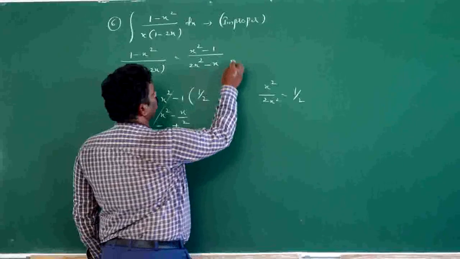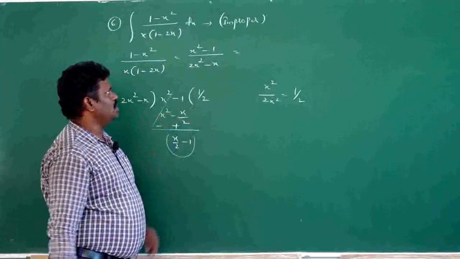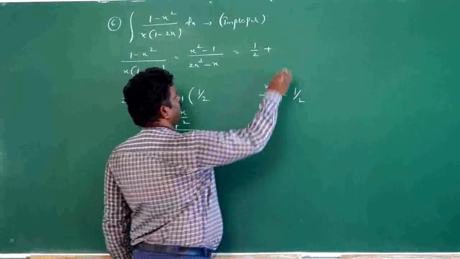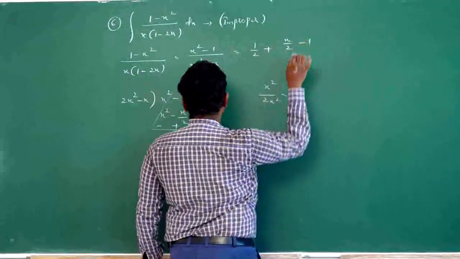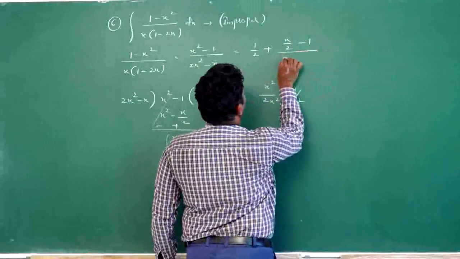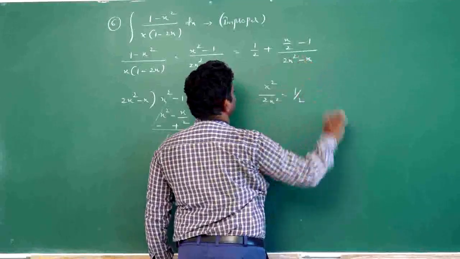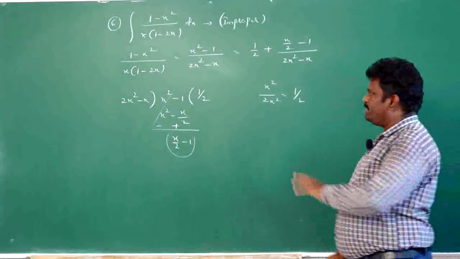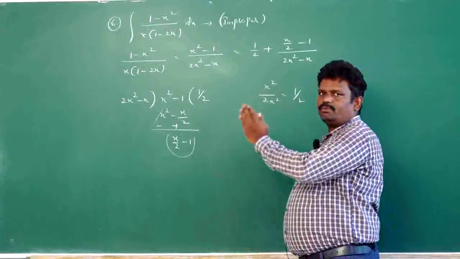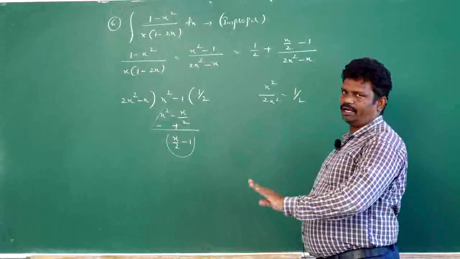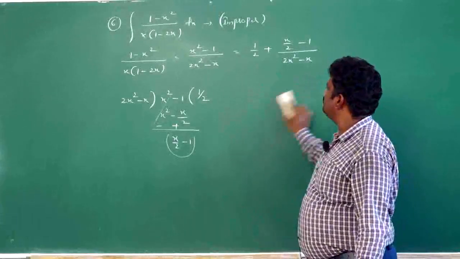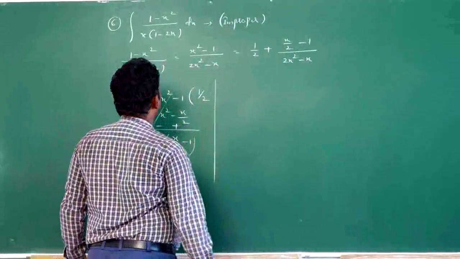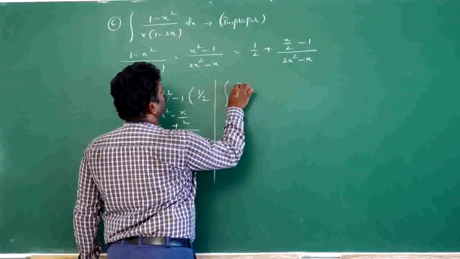Now, how does this run? First the quotient 1 by 2, plus the remainder (x by 2 - 1) divided by the divisor 2x square - x. So we applied the division and converted the given improper fraction into a proper fraction. Now we are applying the integral on both sides. Integral of 1 minus x